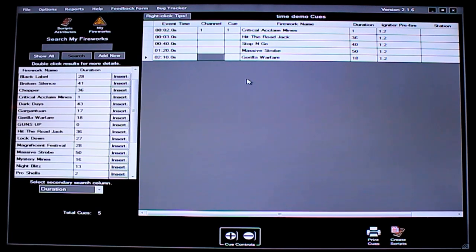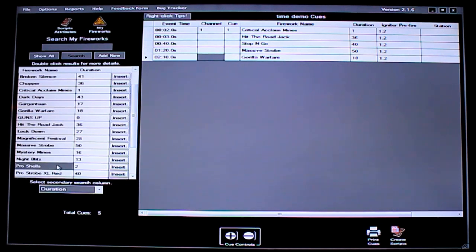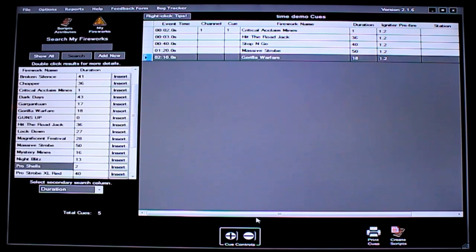So now I want to actually incorporate some shells. And I have pro shells listed here. I'm probably going to do a multiple of different canister shells, but this is the only one I think I have in my Fireworks. And I'll take a quick look. Yep, that's really the only shells I have right now. So I'm just going to select that one. I'm going to add another row here,